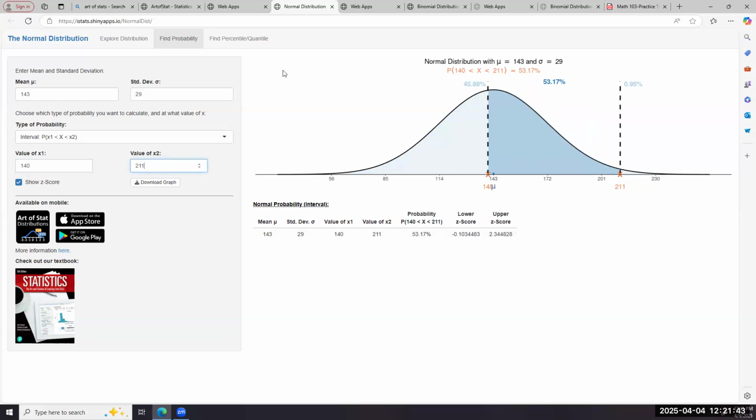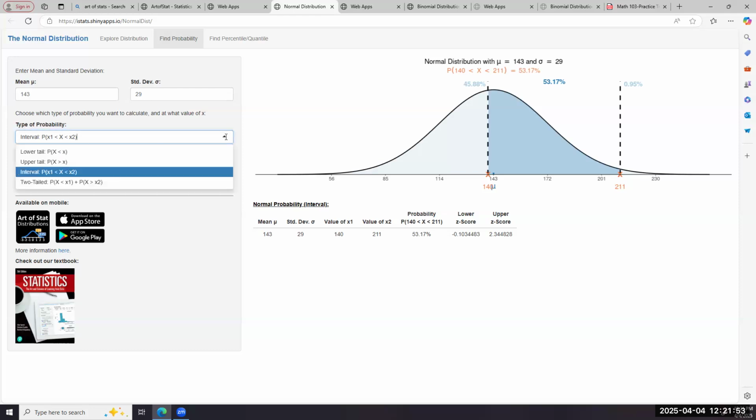Okay, so I repeat it again. Find the probability. You have to bring your mu and the standard deviation. Then you want to find the probability. There are various possibilities. You see, this is the one. And we are interested in the area in between. Okay, so the lower number is 140 pounds, the upper number is 211. So the probability in question is going to be